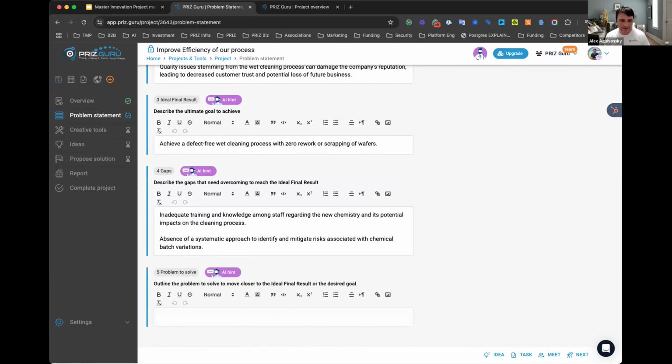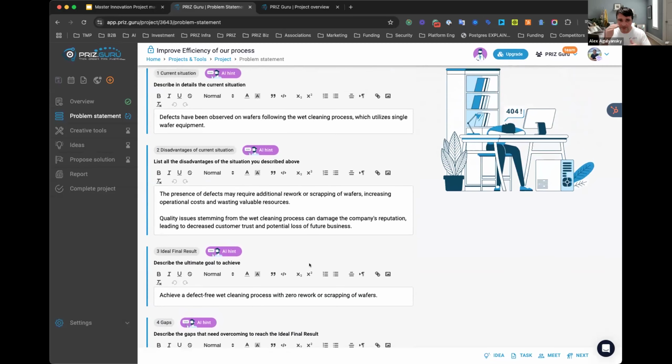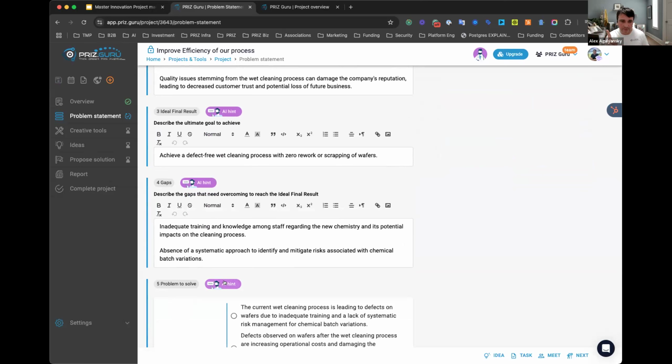Yeah, I'll just select a couple of these two. And finally, when we have all of this information kind of organized in our brain and in front of our eyes, now we can define the problem to solve. And the problem to solve is just one problem at a time. Same as we have one goal to achieve, we can solve only one problem at a time.